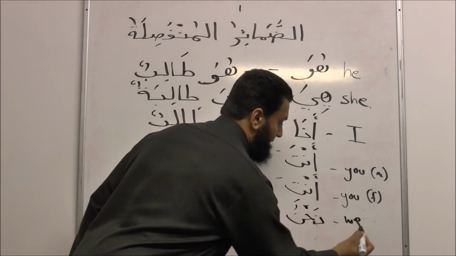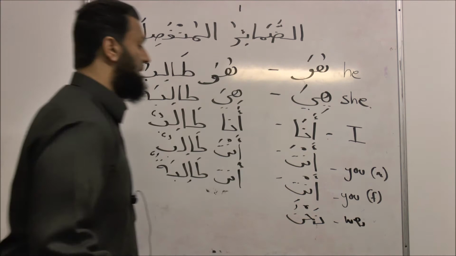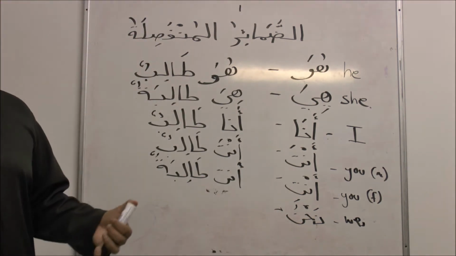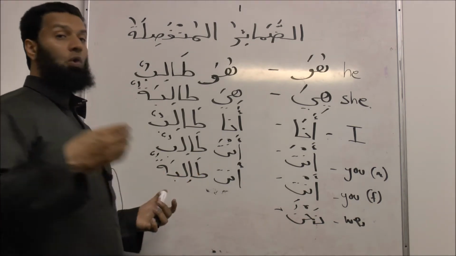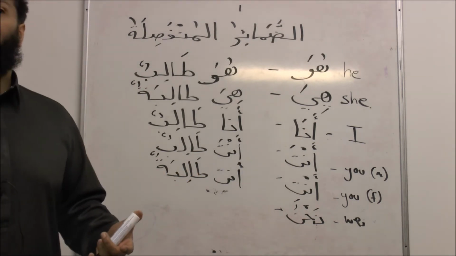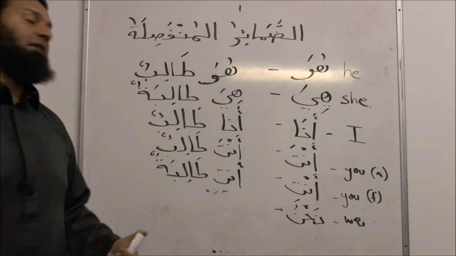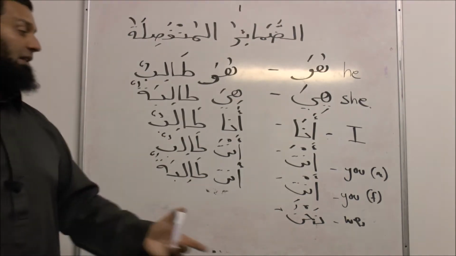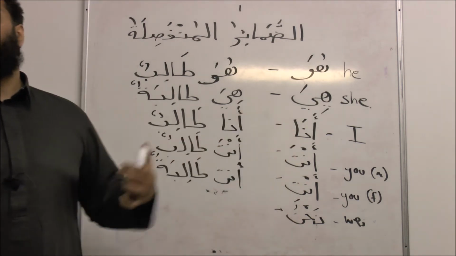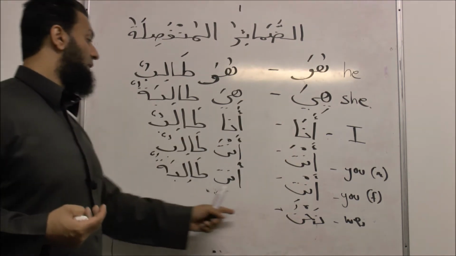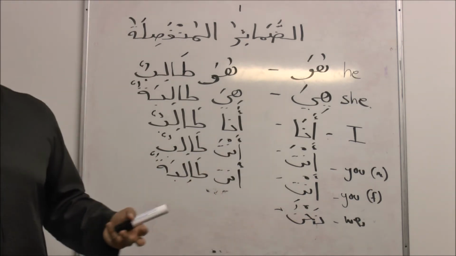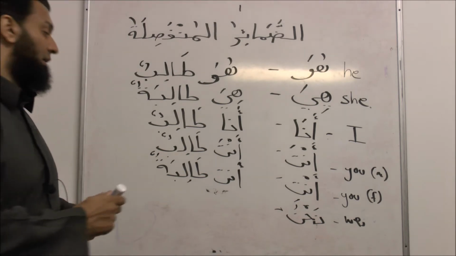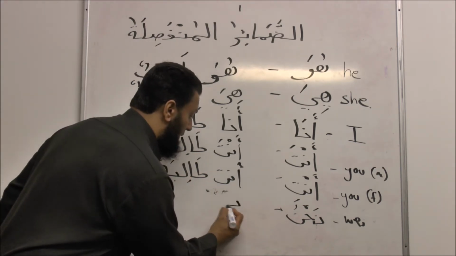Nahnu, we. And that "we" is gender neutral, meaning if "we" comprises male plural, then that's what it refers to, male plural. If it's female plural, it refers to female plural. It's the same, right? Nahnu, like ana, is the same. So if I wanted to say "we are students", which is what we are, I would say nahnu,